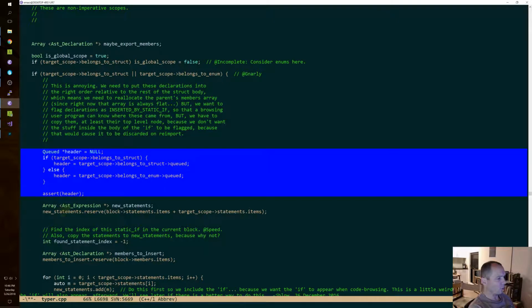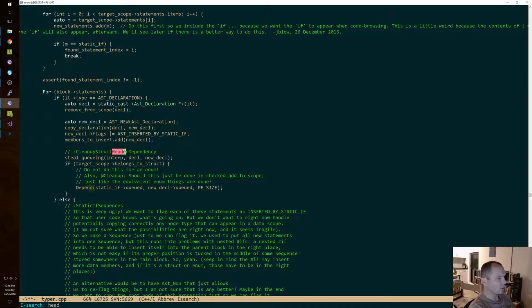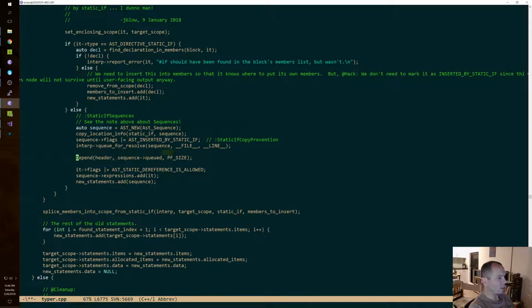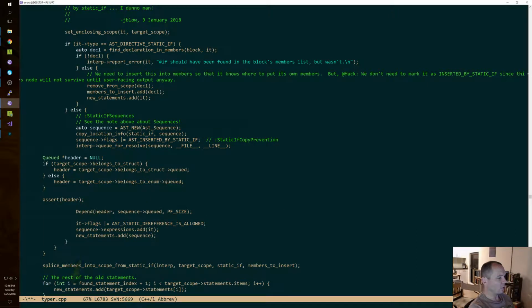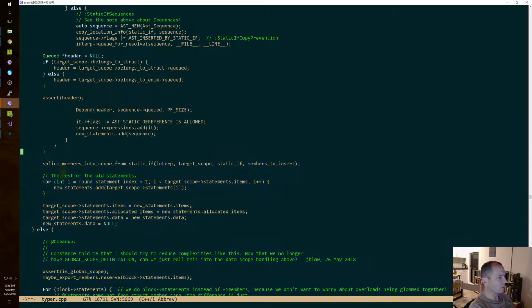Anyway, so header is only used way down here in this sequence, I think, right? Yeah, that's it.